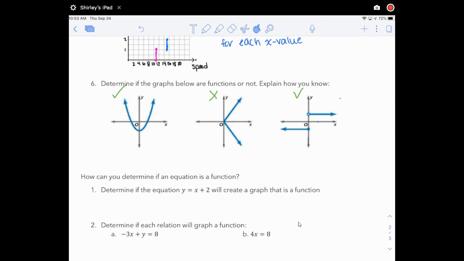Okay, now that we have interpreted these graphs and determined which ones were functions and which were not, I asked you a question: can you come up with your own test just by looking at a graph? How can we figure out what is a function and what is not? If you have a graph and need to determine quickly, using a test, what is a function and what is not a function, we have what is called the vertical